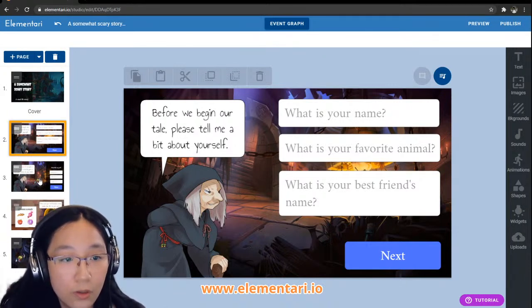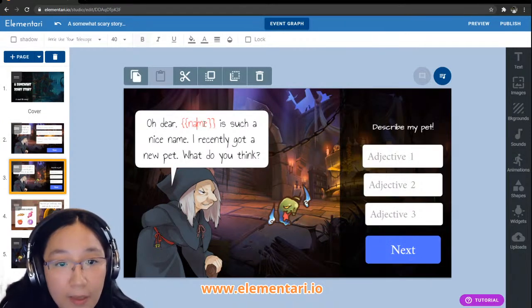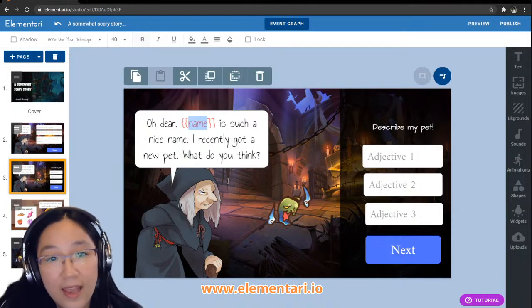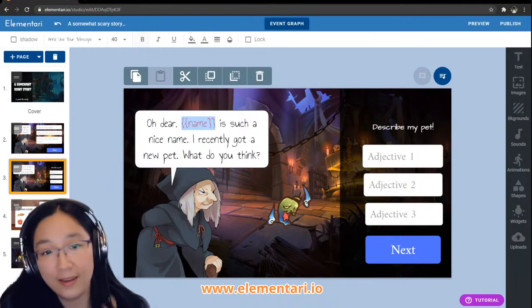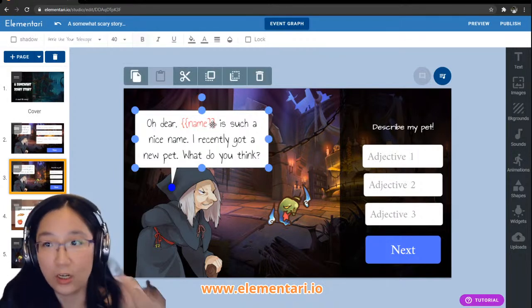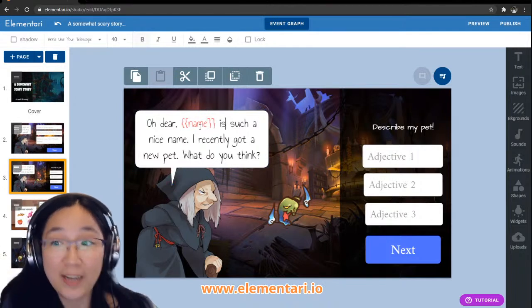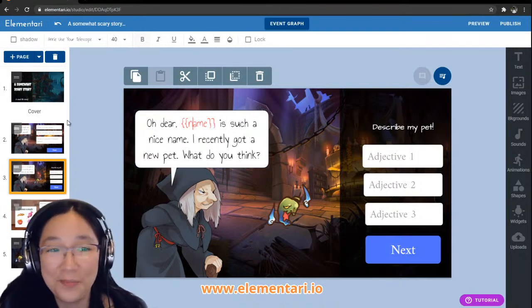And let's just see how we can use that. So if I go to, for example, this page, notice I have name here. Do you see that? And what's strange about this? Do you see the curly brackets? It's inside these. Yeah, and my name is not name. My name is going to be whatever I type in the box, right?